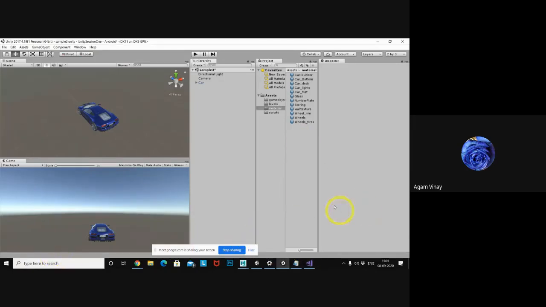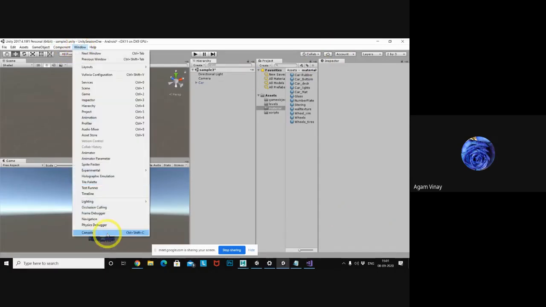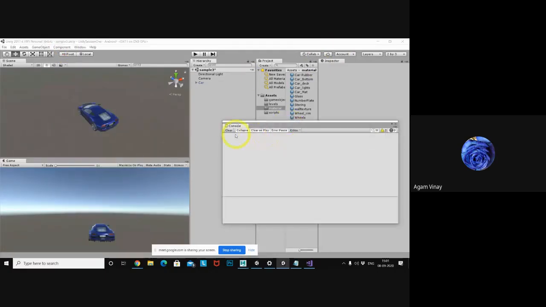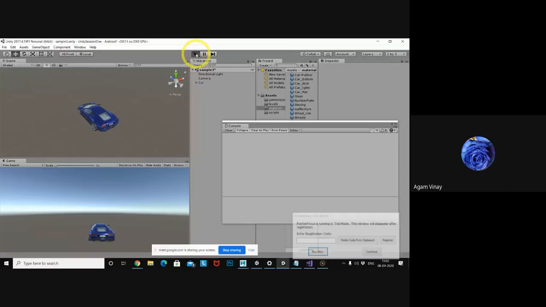I need to open the Console window. Now I am pressing play. So far I am not clicking, so the output is nothing.